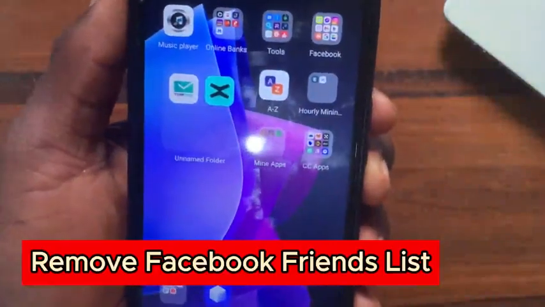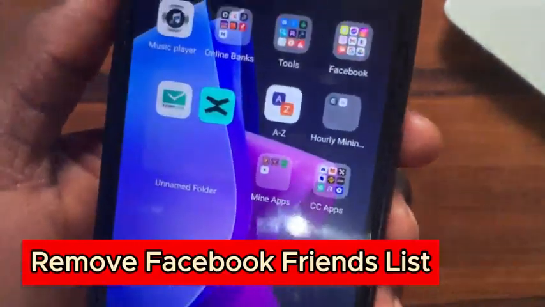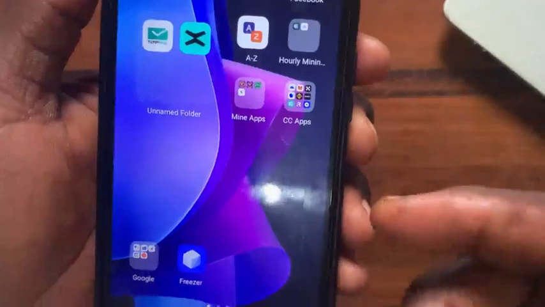How to remove Facebook friends in one click. So in this video, I'll show you step by step how to clear your Facebook friends list. If you want to remove Facebook friends, just open up your Facebook